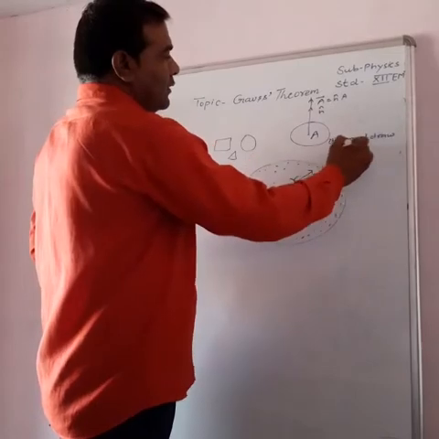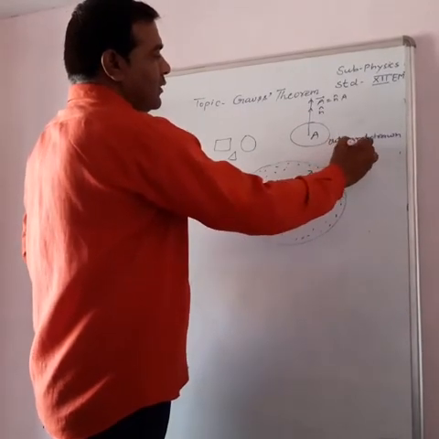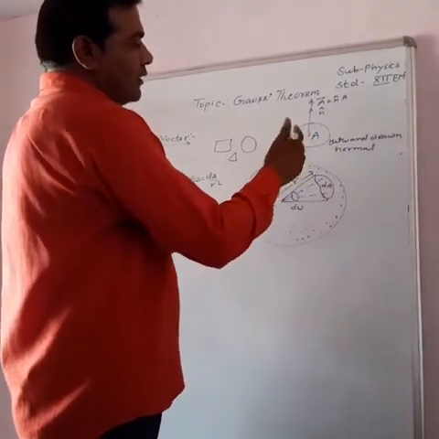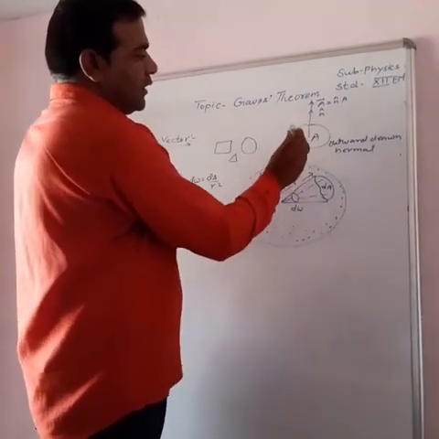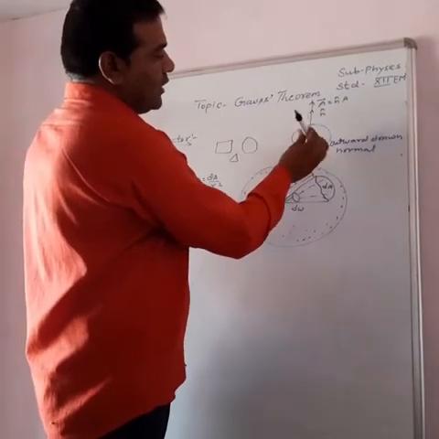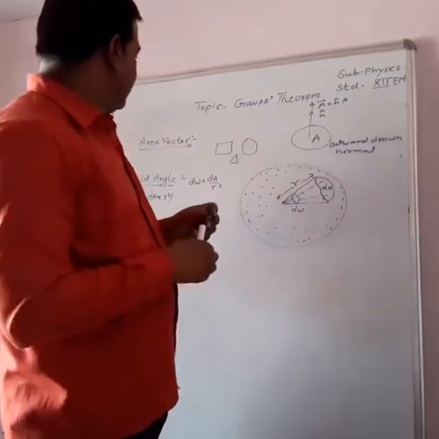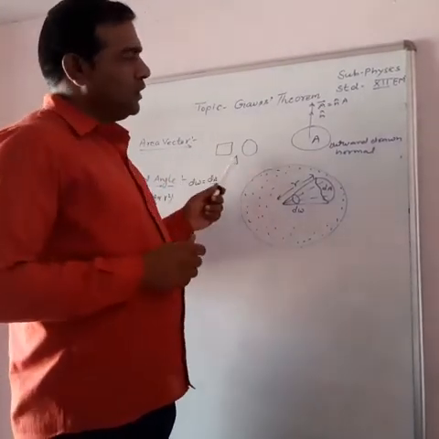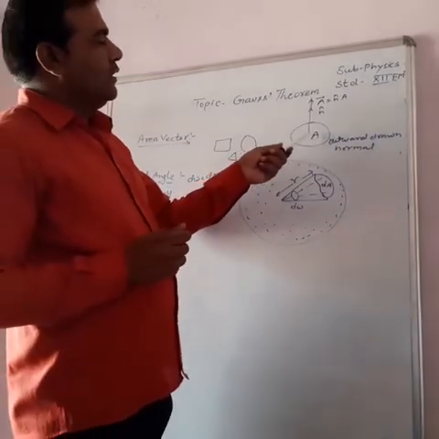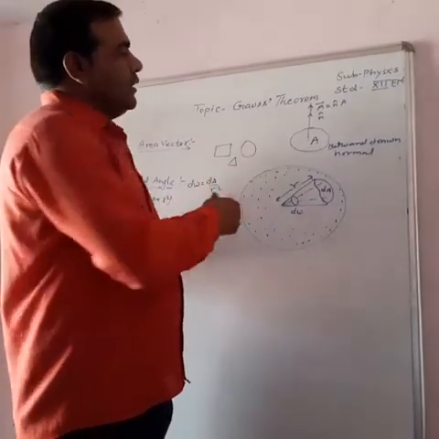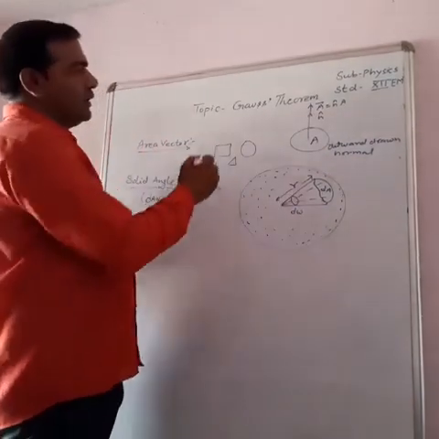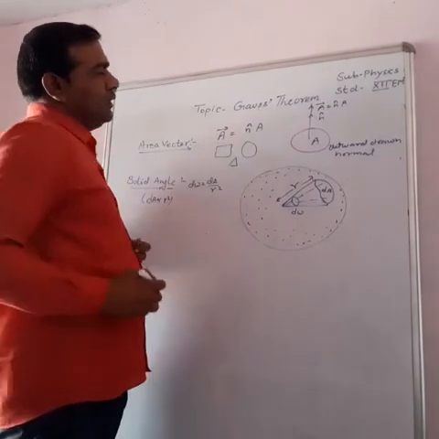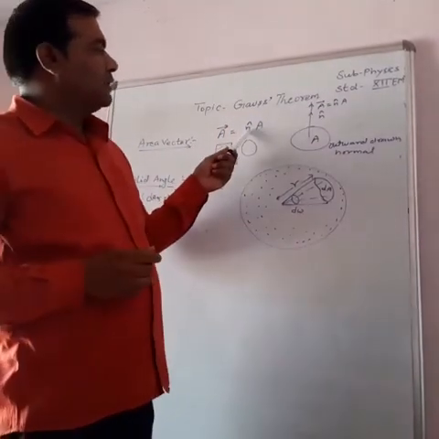drawn normal, like this, outward drawn normal. Otherwise, inward, in this case outward is inward, or outward, like this. So, an area vector can be regarded as possessing both magnitude and direction and is represented by a figure like this. Here, area vector A is written as n cap into A, where n cap is the direction of the area vector.